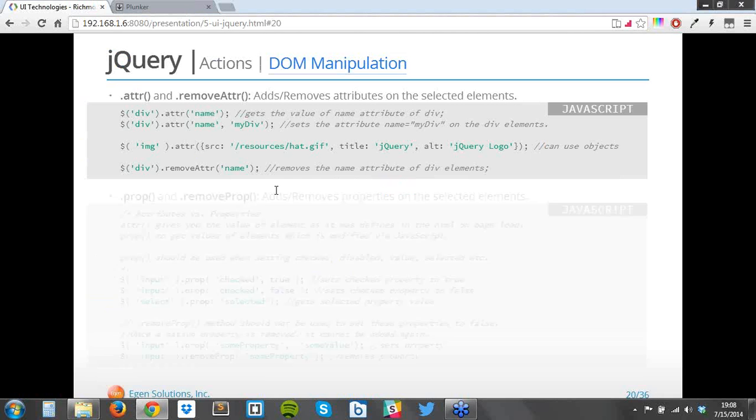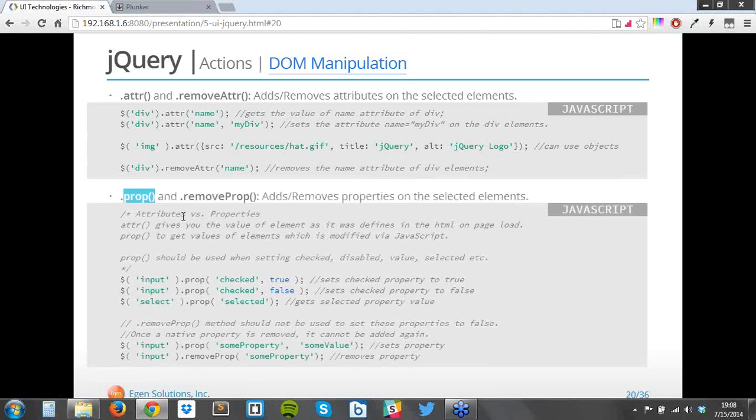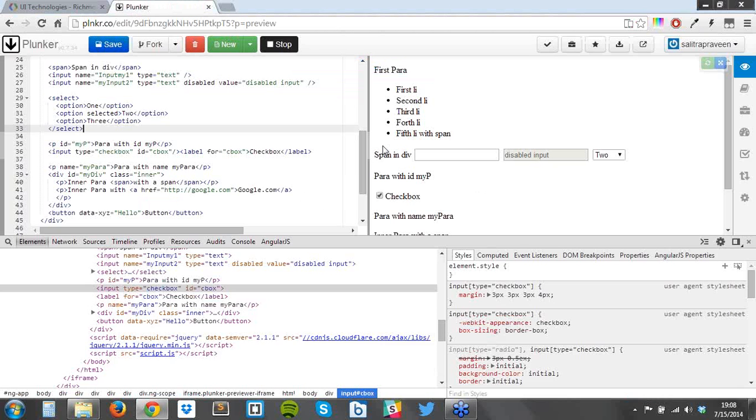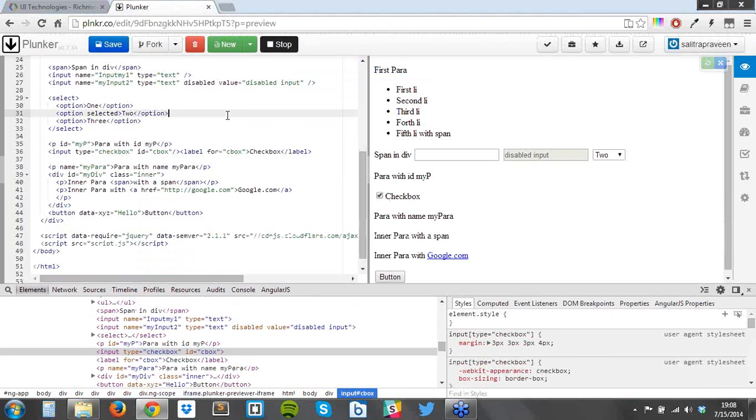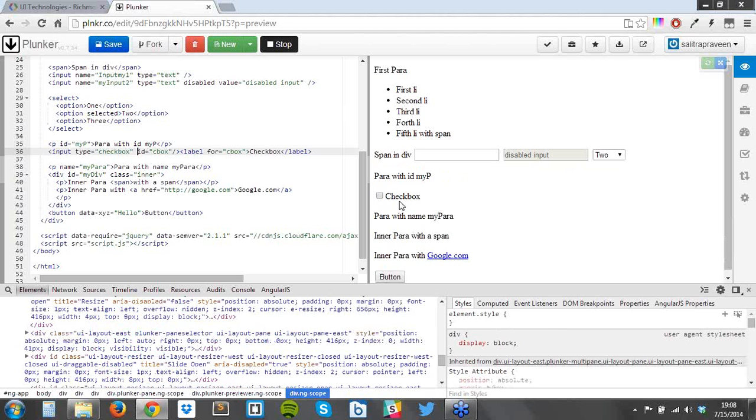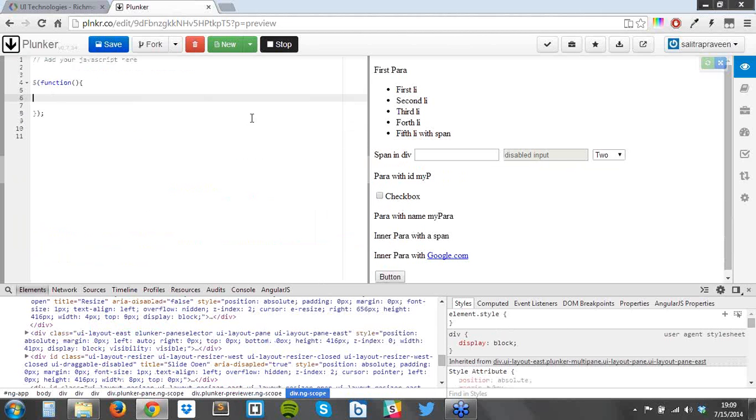Well, for that you have prop, which is to get a property, and removeProp to remove the property. Forget about removeProp, you will mostly never use this. But how do you get the checked status of that particular checkbox, or particular DOM element, or set it from JavaScript? So let's forget about this checkbox from here right now. It is unchecked by default, right? If you want to check it using JavaScript, what you can do is